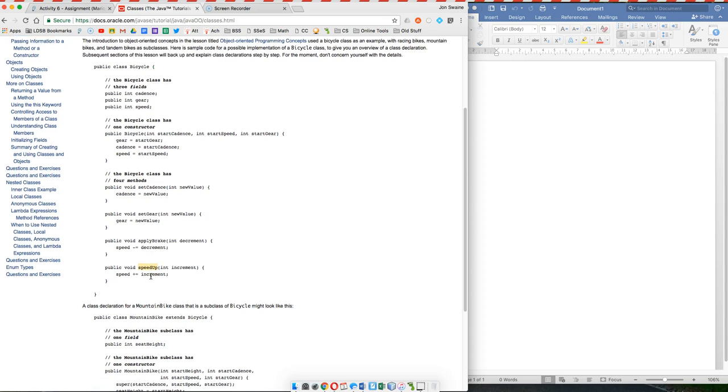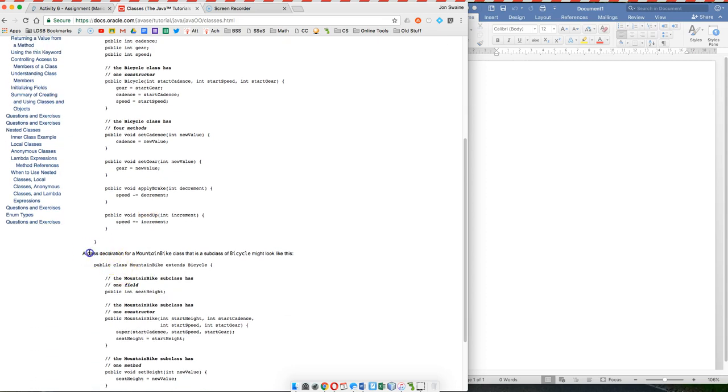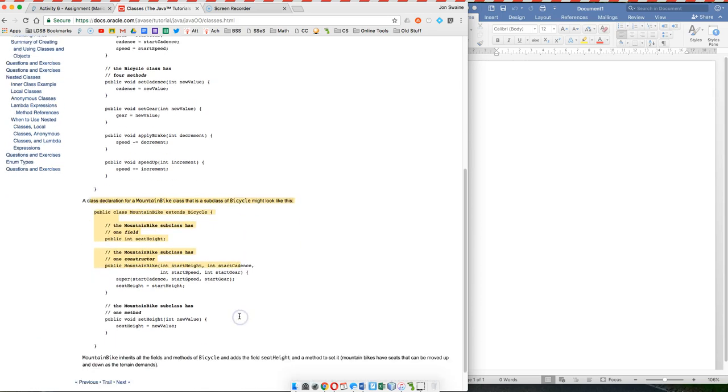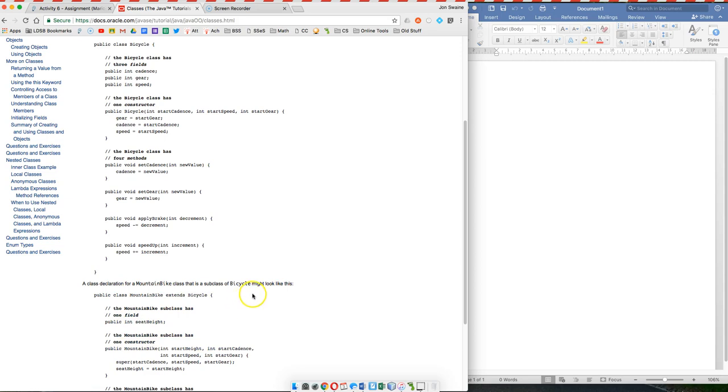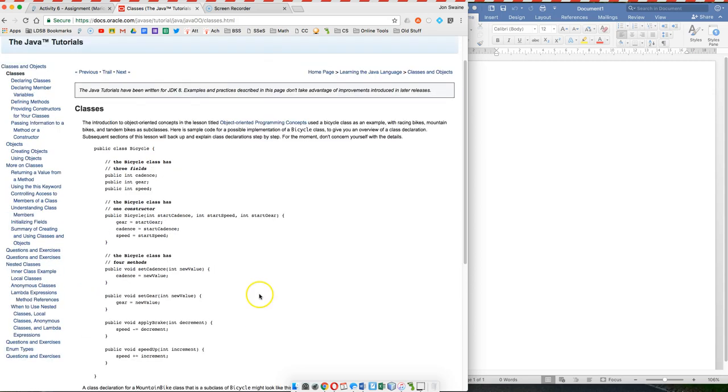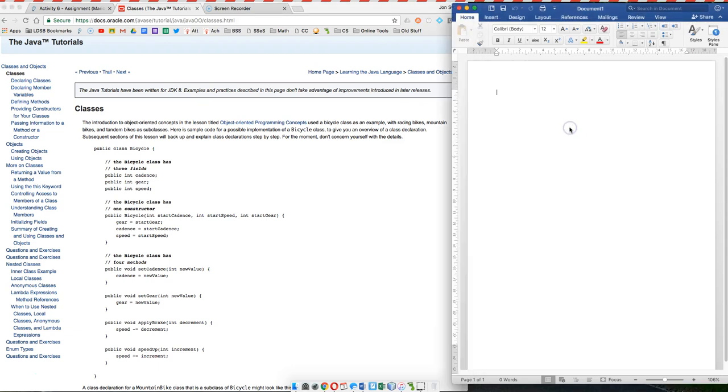Okay? Now down here it talks about extending it and doing a mountain bike. This is called inheritance. I'm not too worried about this yet, so you don't have to worry about it, but you should give it a read through at some point. And all of the information up here is very good information. If you haven't read it through, please make sure that you do. Now, your assignment was to make a Mario class. So I didn't really expect that you'd do this in NetBeans. All I really wanted was a file.